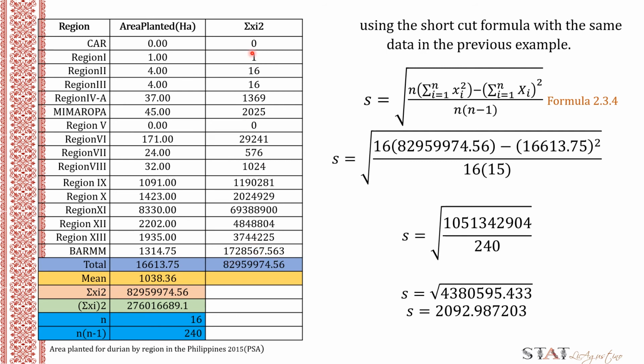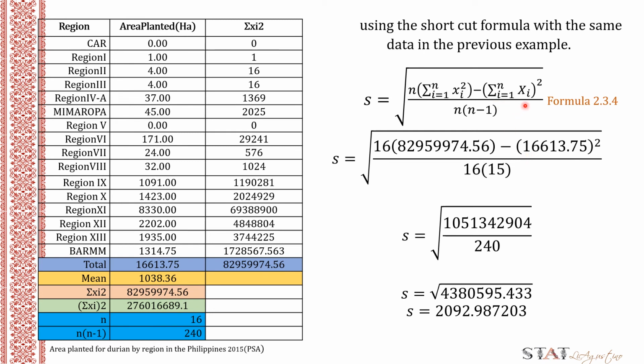So the sum of that, before you square that first and then you sum it. That's why we substitute this value here, because it is the summation of xi. Here, this is our xi. Summation of xi squared minus